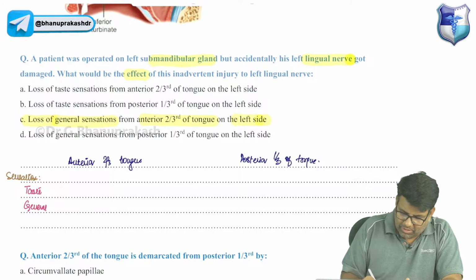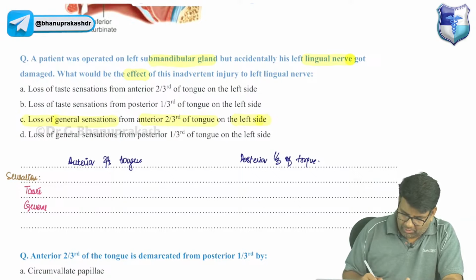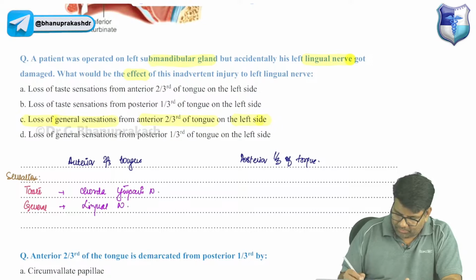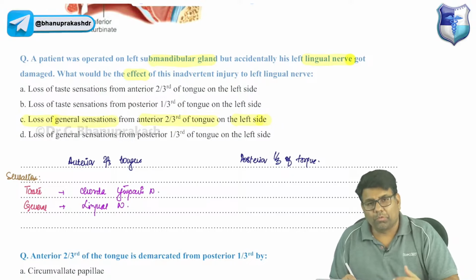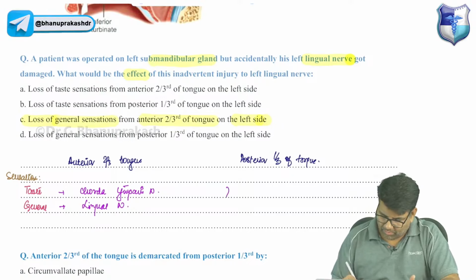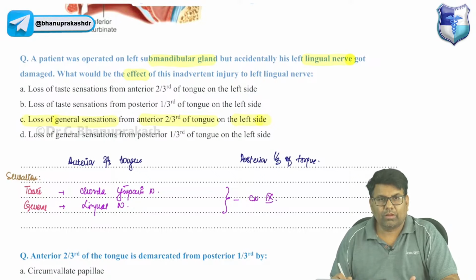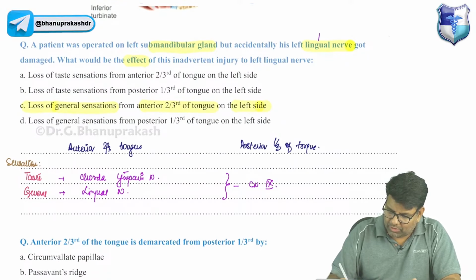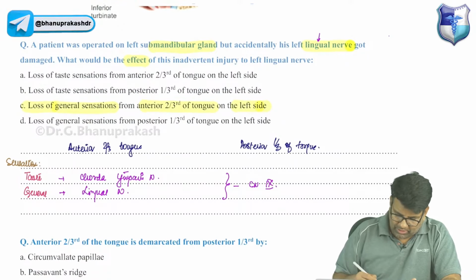So in the anterior two-thirds, taste sensations are carried by the chorda tympani, and general sensation is carried by the lingual nerve. Whereas from the posterior one-third of the tongue, both the functions are done by the same nerve, the glossopharyngeal nerve. So therefore, if there is any injury to the lingual nerve, it would lead to the loss of general